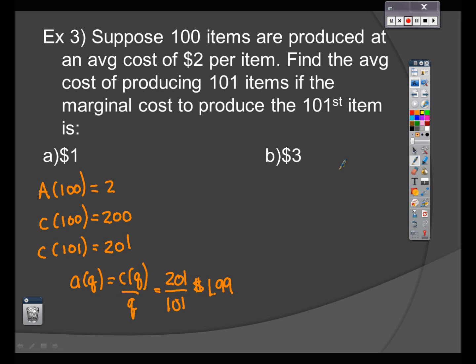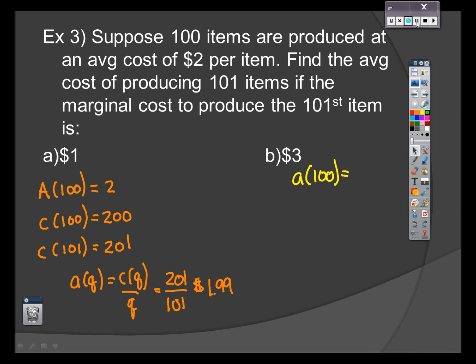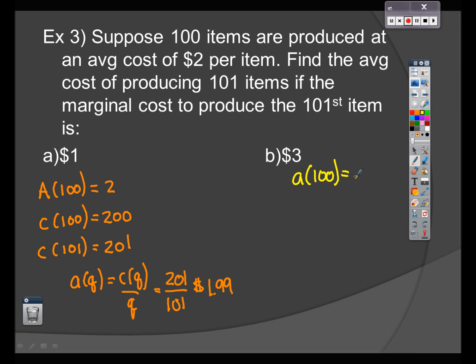Now let's look at the same situation if the marginal cost were $3. The average cost of 100 is still the same value of 2. The cost to produce 100 items is still $2 per item on the average, multiplied by 100 of them would be 200. The cost to make 101 items, if the marginal cost is $3, that's an additional $3 on top